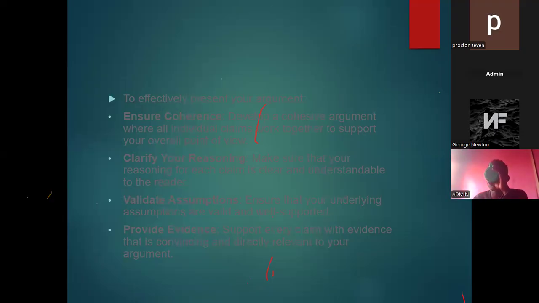So, to effectively present your argument, ensure there is coherence. When you are doing academic writing, ensure there is a connection between the different parts of the term paper. When you are moving from one sentence to the next, use words like firstly, secondly, moreover, further, the next point, to ensure that ideas flow from one section to another. Even in the introduction, you can say we will begin with the merits of artificial intelligence and move on to the demerits of artificial intelligence. That's how you move.